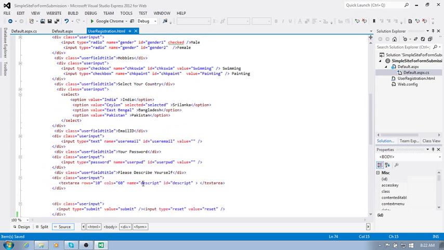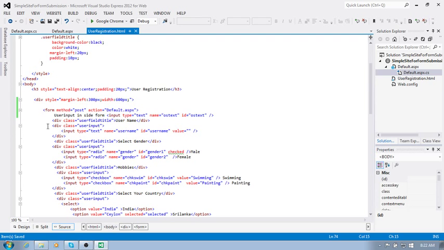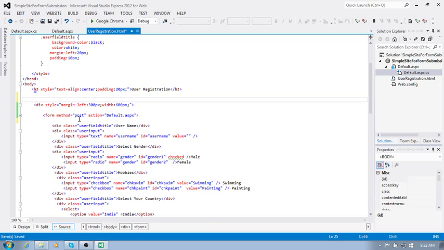And apart from this, you can use certain links. With the help of a link, you can jump from one page to another page, or in the same page from one section to another section. So here I put like this. Anchor tag I use here, followed by href equal to. We have only 2 things: one is default.aspx, other one is user registration. I use default.aspx, followed by here I keep this as